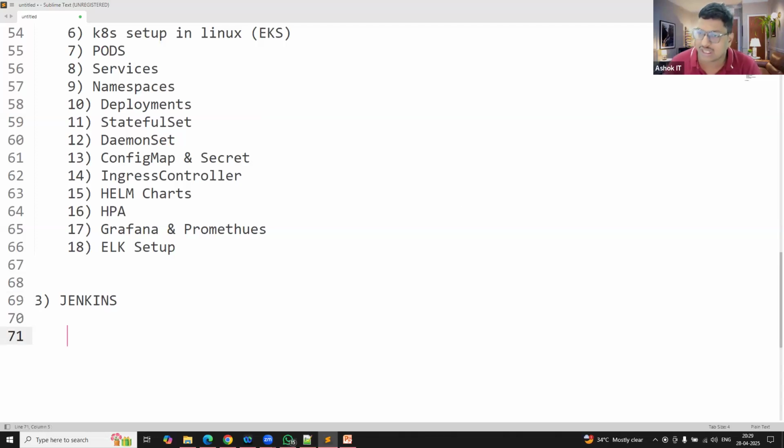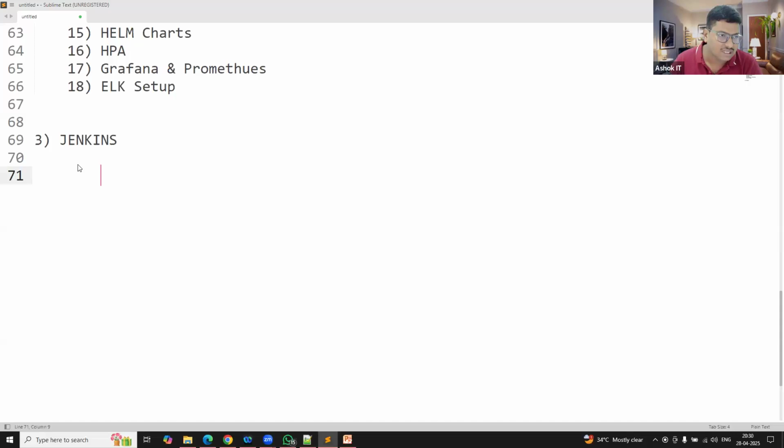So coming to Jenkins, what are we going to learn, guys? As part of Jenkins, we are going to understand what the build and deployment process is in real time. How do people deploy projects in real time?